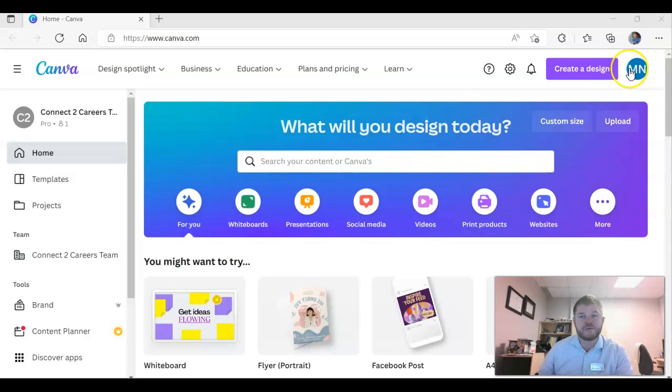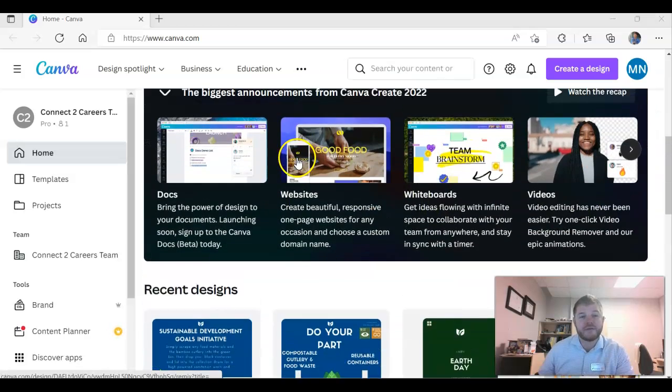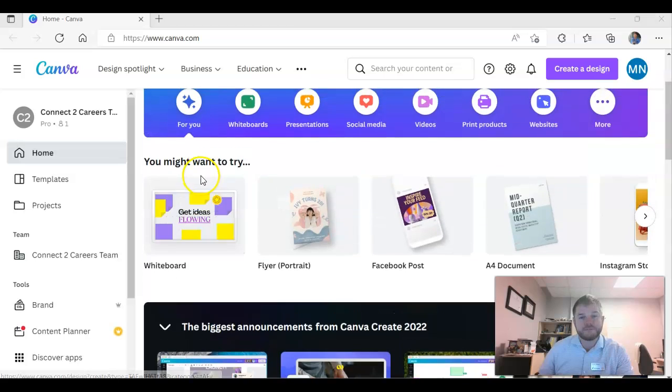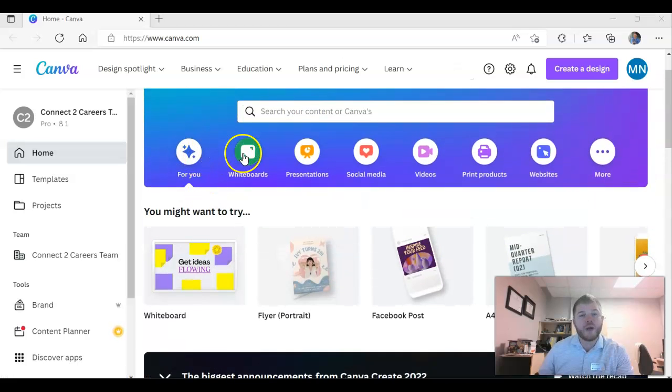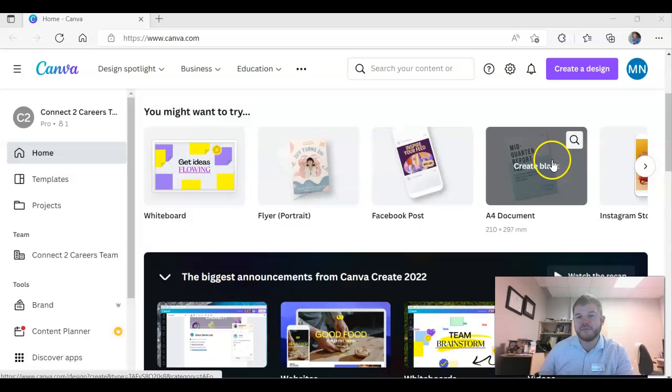You'll be able to create a free account. I think it's just name, email, and that's about it. And from here, you can create whatever you want. There are a lot of options already. They allow you to do whiteboard presentations. If you need a cool social media post, Instagram, Snapchat, whatever, they have those posts for you. Videos, printed products, you name it. Facebook posts, quarterly reports,